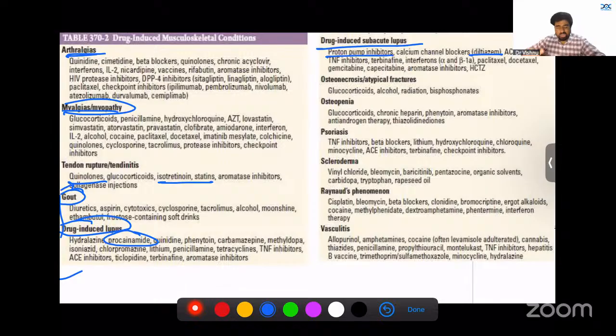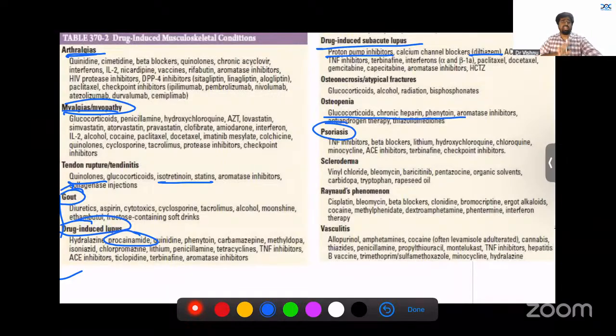In osteonecrosis, the main risk factors are steroids and alcohol, these are the two main risk factors there. Osteopenia, we read via the drug, right? Whenever we read about phenytoin, we read about osteopenia. We know that PPIs can cause osteopenia, steroids will cause osteopenia. Heparin also, whenever we read about side effects, osteopenia, osteoporosis comes. So these are important ones.